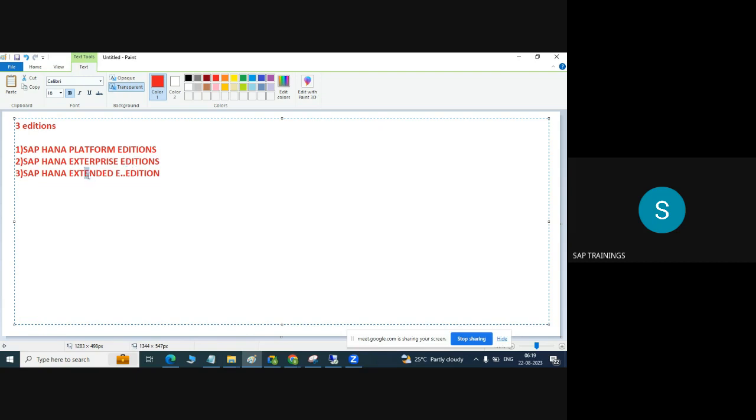So more additional features are available in the extended enterprise editions. You can ignore these two; they are not required, but just remember that three types of editions are there. License-wise they are very expensive, but the standard one is the SAP HANA platform edition. So in the SAP HANA platform edition also,